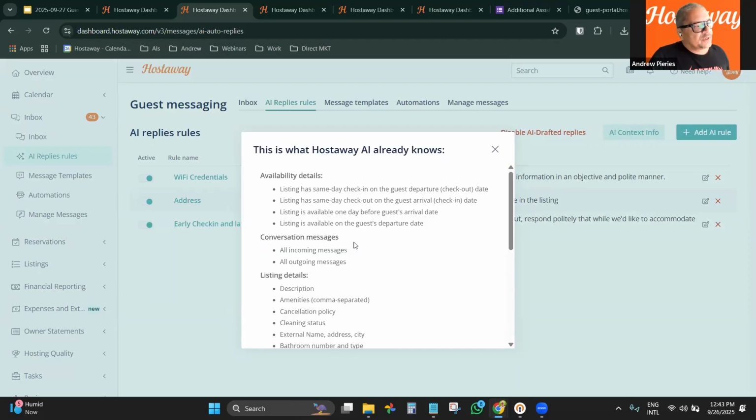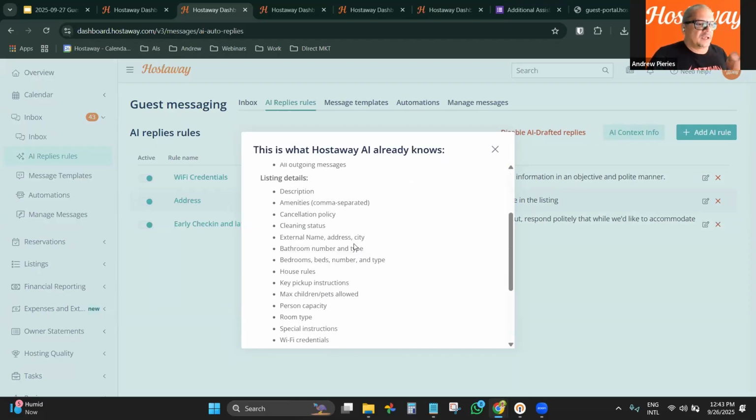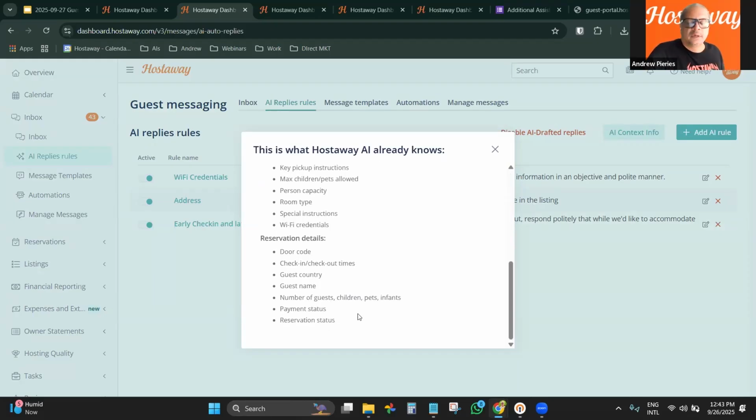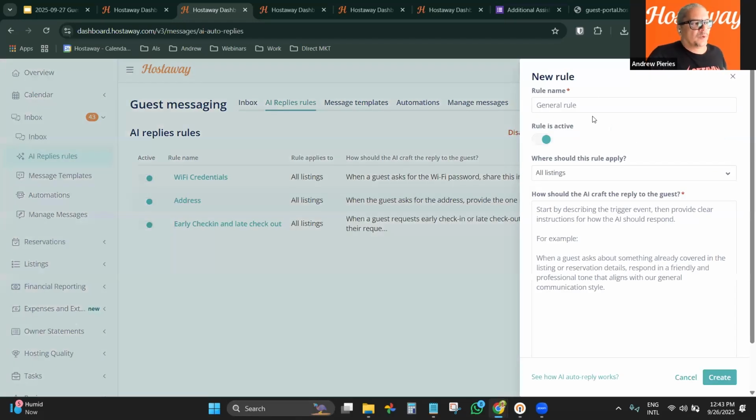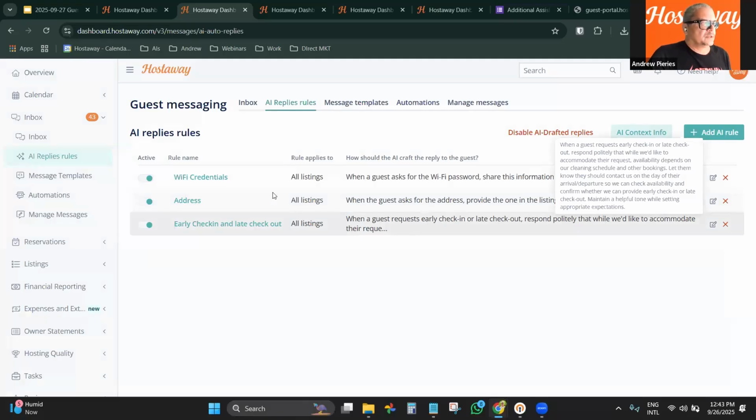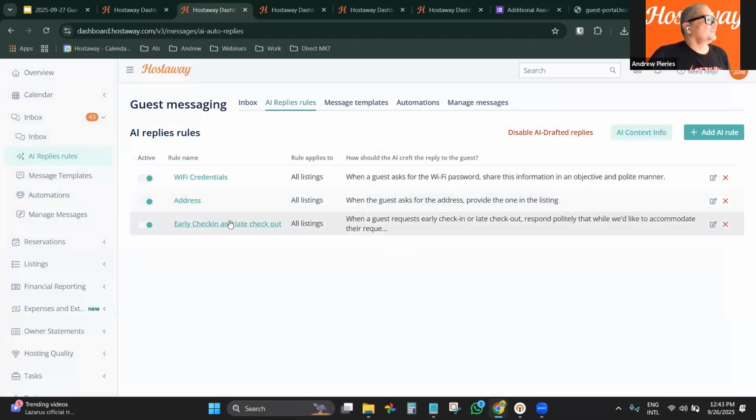So here you can see all the information that is feeding the AI, so that you don't have to create templates with all this information. It will be available directly to the AI. What you have to do is add a new rule. You can give it a name and explain, as if it was a prompt, what you expect the AI to do. So for example, early check-in, late checkout, address, the example that I was giving, it's going